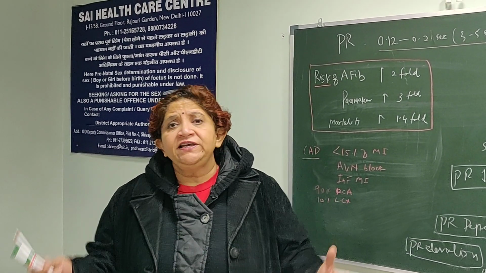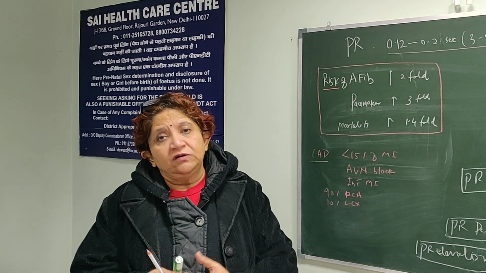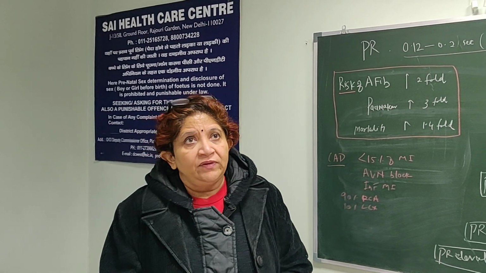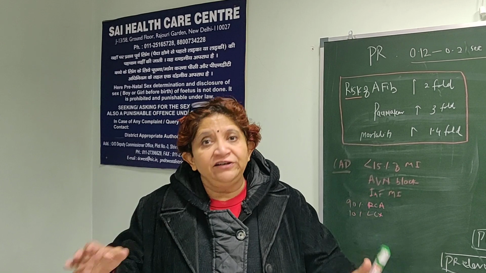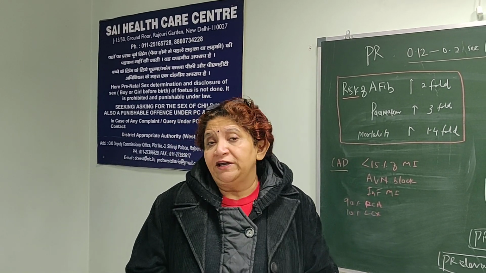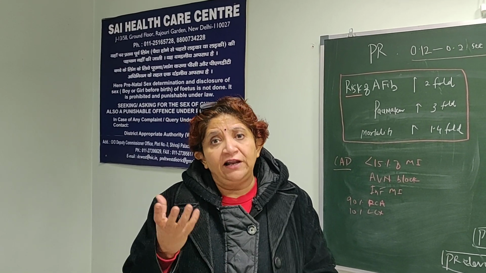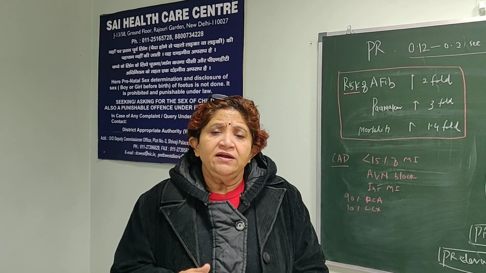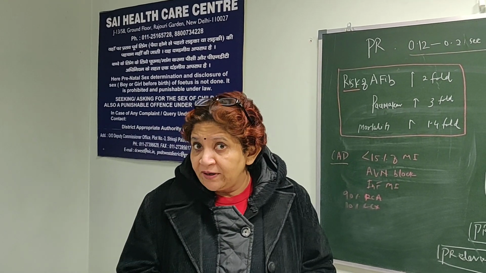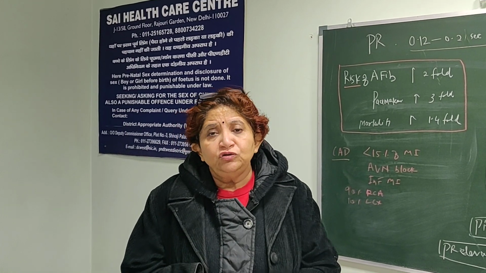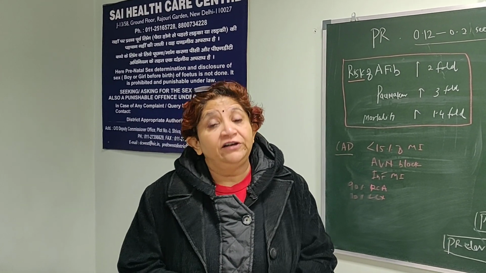All of us have seen ECGs with first degree AV block, and most of us consider it as a very benign condition because most of the time first degree AV block is at the level of AV node and it is mostly asymptomatic and it can be physiological also. So for us it's a benign condition. But is it truly a benign condition?